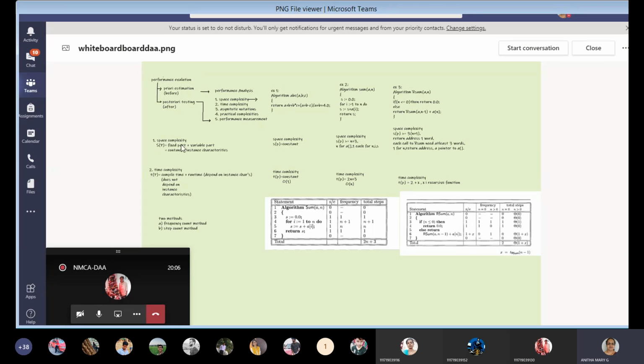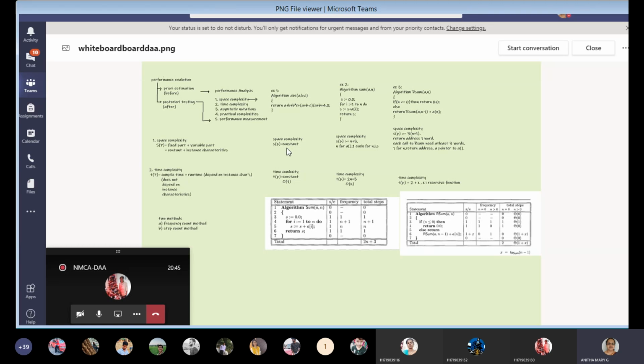As we have already learned, space complexity is nothing but the fixed part and the variable part. Remember, the fixed part is where the input and output variables are, and the variable part is specific to a particular problem. The stack memory space for local and global variables and all comes under the variable part. Here in this example, since only one return statement is there, that is output, and three inputs are there, we get a total of four. So we represent it as constant. We write constant as order of one, O of 1.